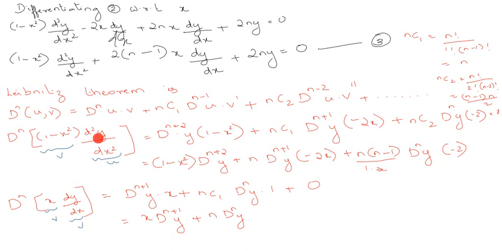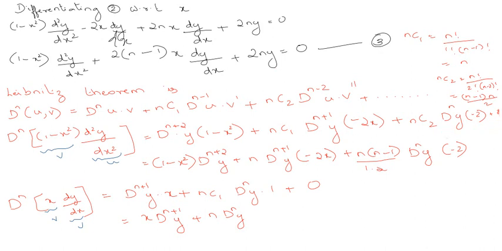dn into dn minus, that is, I'll tell, here already one dn is there, then d square is there. So here we need to take dn minus 2. So dn minus 2 into d square, which is dn. Okay, dn of y, and differentiating 1 minus x square two times. That is, first differential is minus 2x, then differentiating minus 2x we get minus 2. We are not writing the next term because differential of minus 2 is 0. So the term after this vanishes. So we have to write only these three terms.